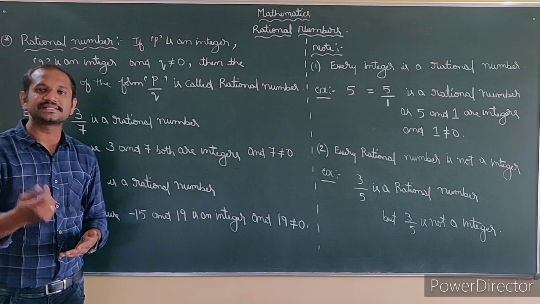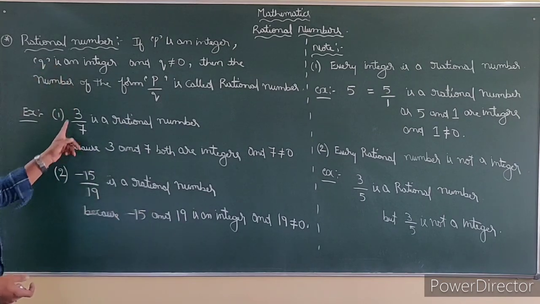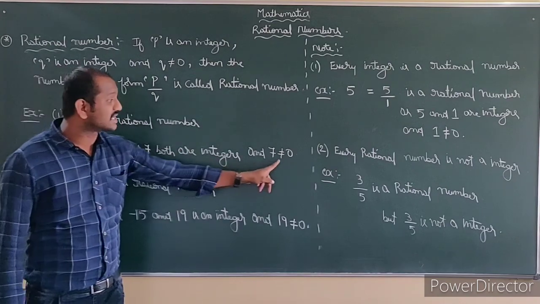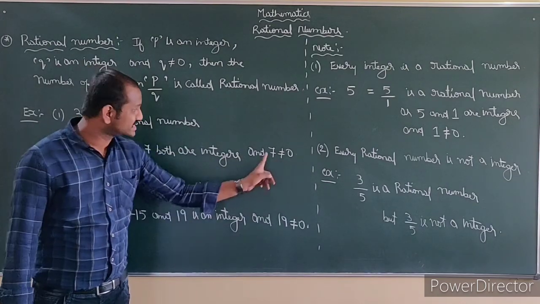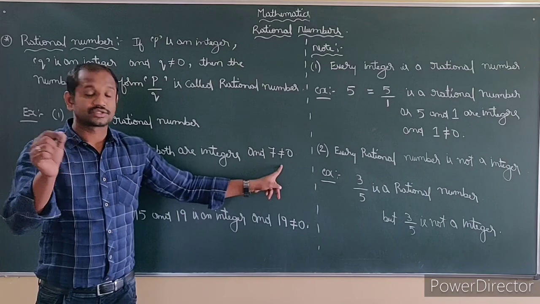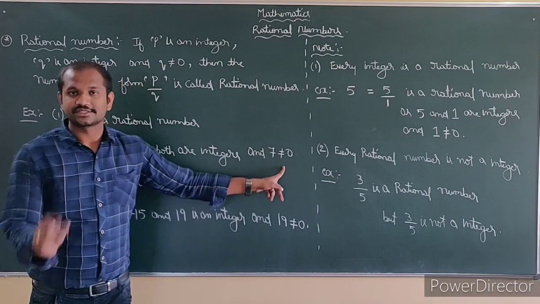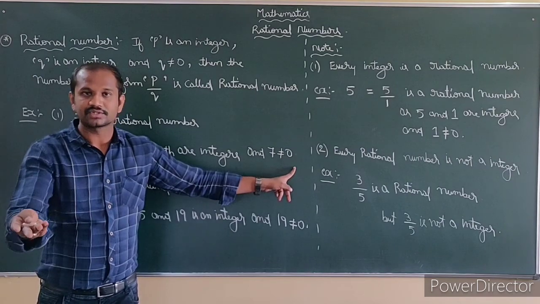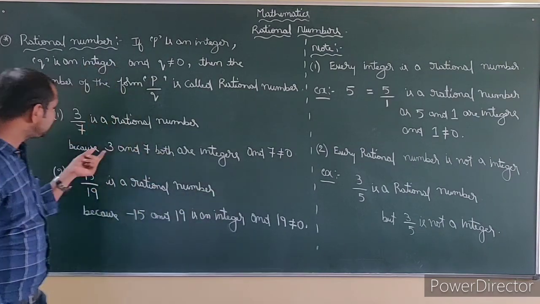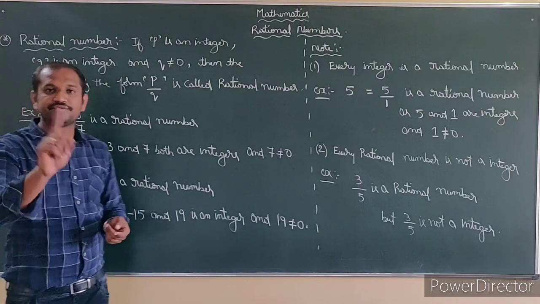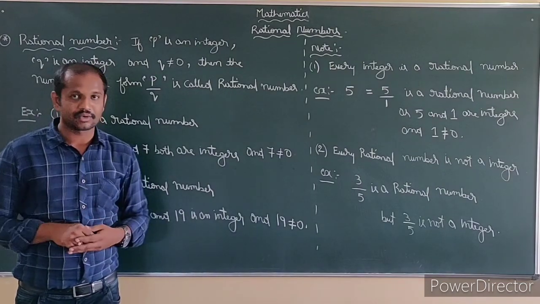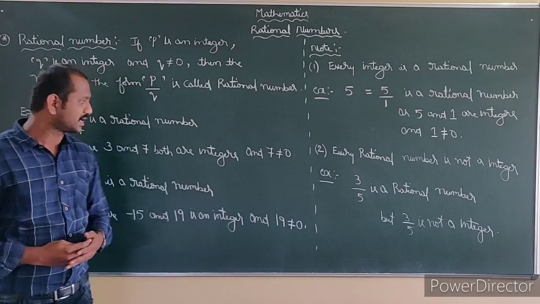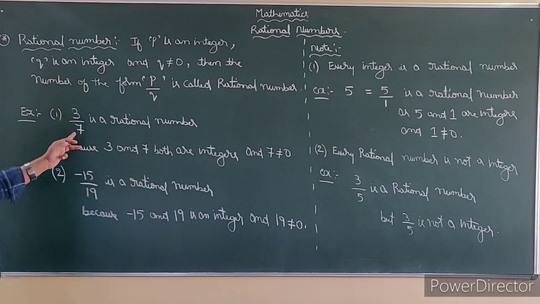How can you tell 3 by 7 is a rational number? Yes, because 3 is an integer, 7 is an integer, and 7 does not equal 0. This symbol means it is not equal to 0. Can 7 be equal to 0? No. Always, in a denominator, we should never take 0. If you take 0, it will not become a rational number. Understand? Hence, we can tell that 3 by 7